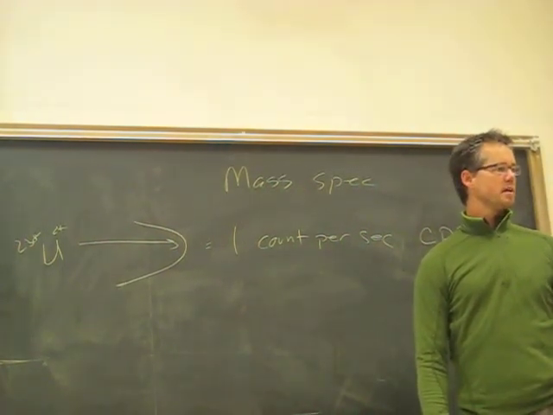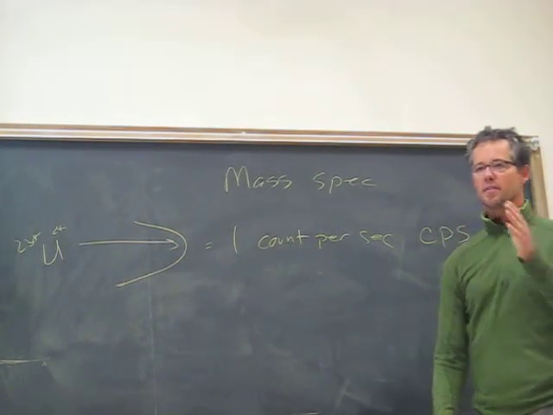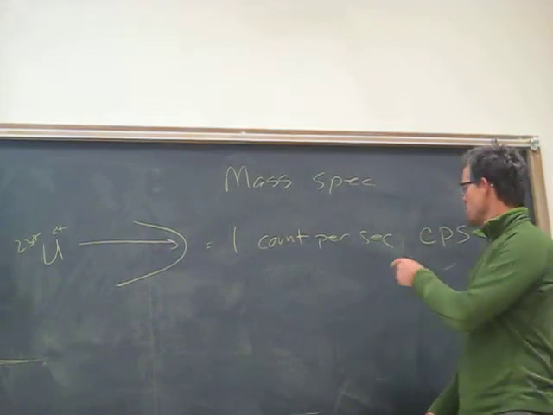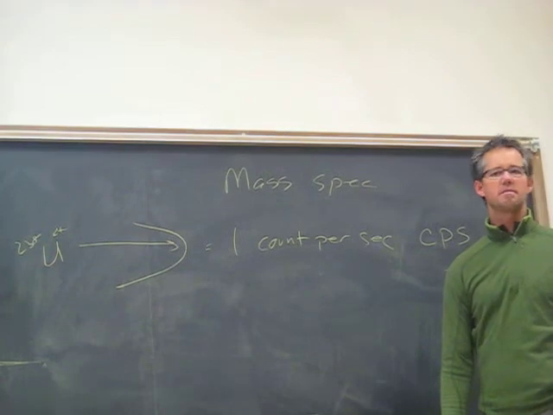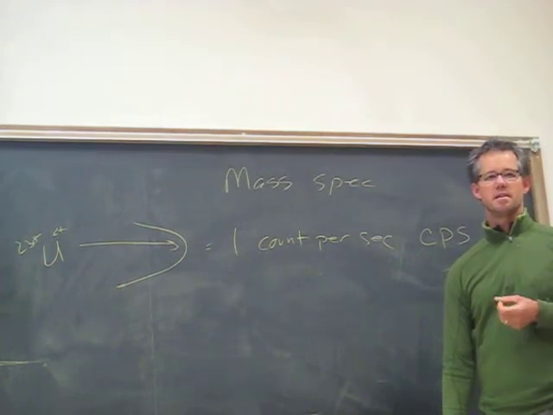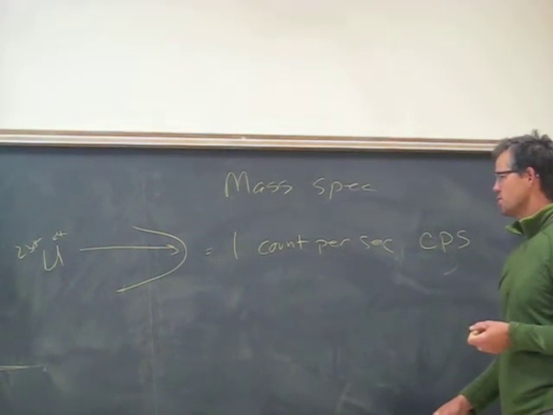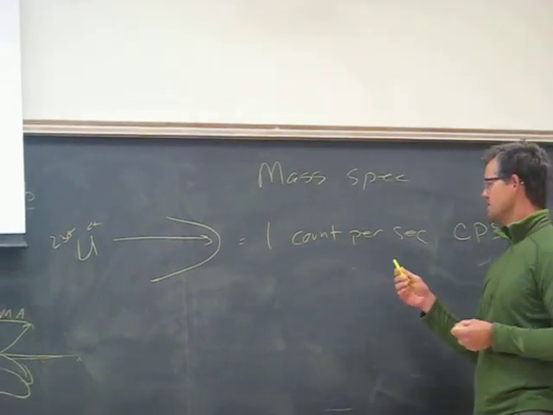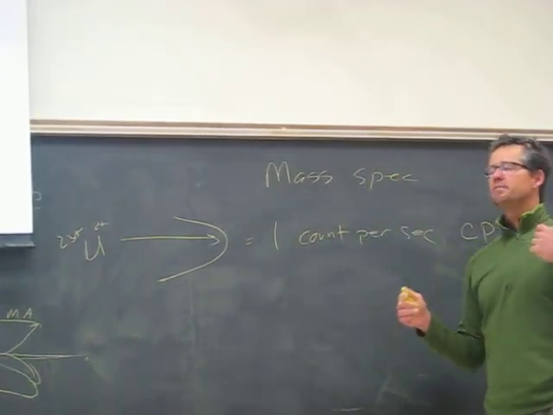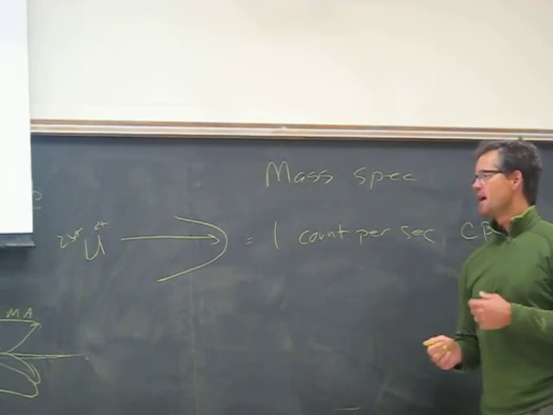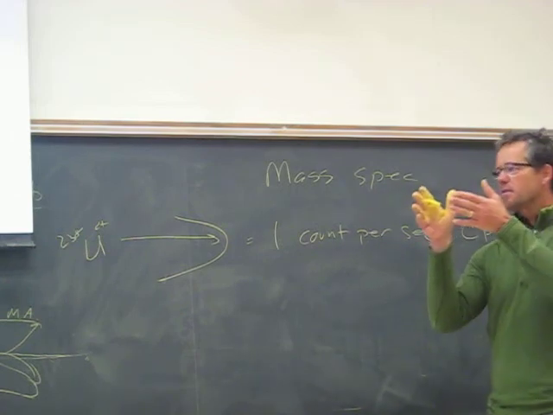In atomic emission spectroscopy, for those of you who do that, the signal you actually get in that instrument is also counts per second, but it's not analyte counts, it's photon counts, right? It's events of photons that strike. In mass spectrometry, it's actual counts of the analyte ion. And so, if you were measuring an isotope, and you're generating ions of that isotope, and it's being introduced in the mass spectrometer, flying down the flight tube,